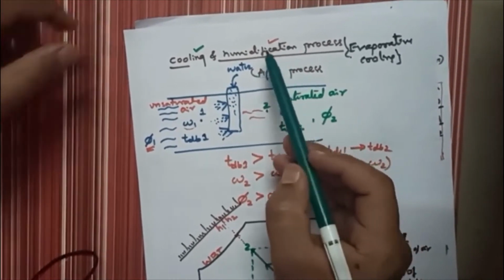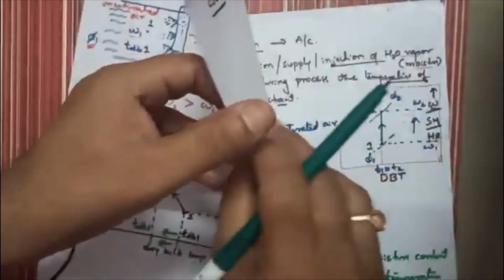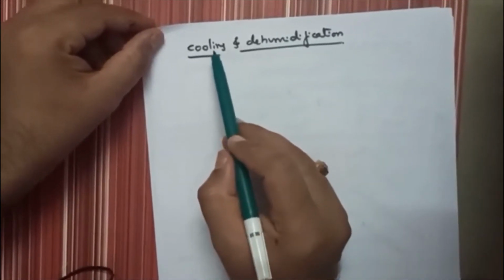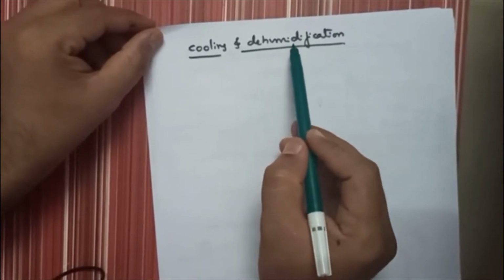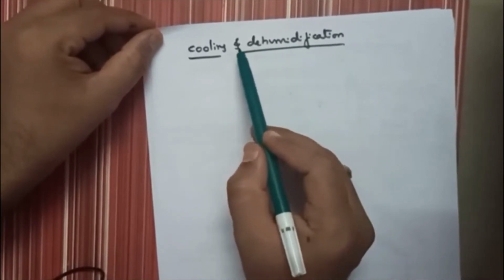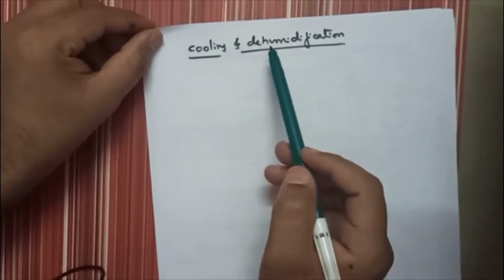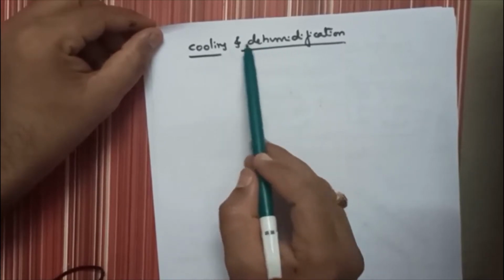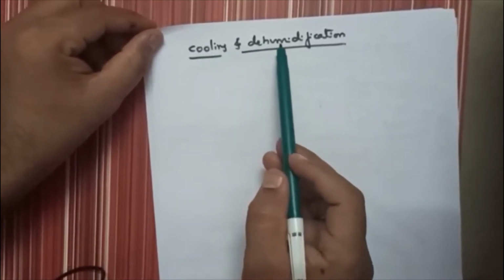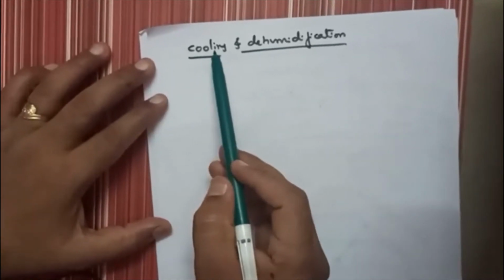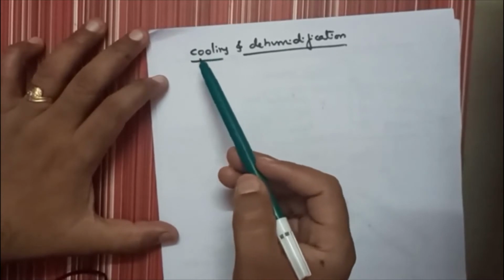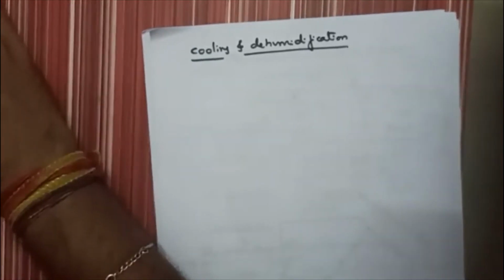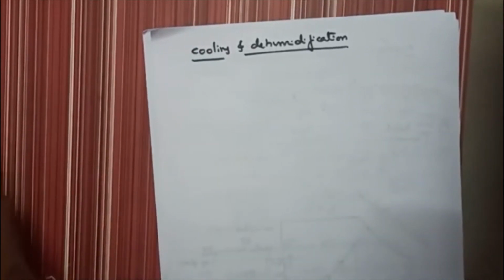So that is the reason humidification and dehumidification are not carried out separately, and are always accompanied with either cooling or heating. If dehumidification is accompanied with heating, the process is called heating and dehumidification. Here it is accompanied with cooling, so this process is called cooling and dehumidification. Sensible cooling or cooling, both are the same. Sensible heating or heating, both are the same. Now for the cooling and dehumidification process, we will discuss it again with one rough sketch that I will draw.